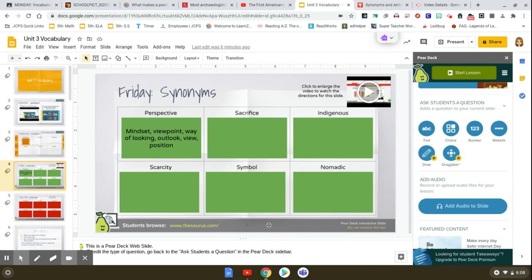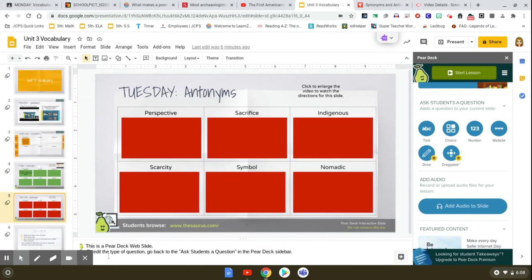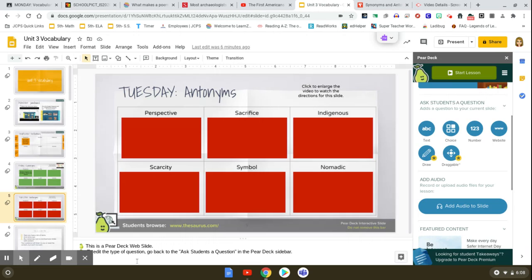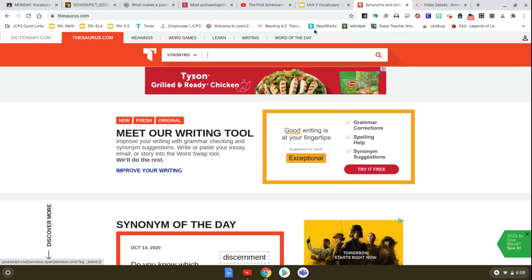Okay, so antonyms are a little more tricky because with a synonym, you can go on a thesaurus and you can find the synonym of a word. The tricky part with an antonym is that you aren't going to find the exact antonym. You're going to have to use your brain power to think of something that means the opposite of one of the words that you do know. So if you go to the thesaurus at the bottom of the page there, just like you did with the synonyms, and you type in perspective,